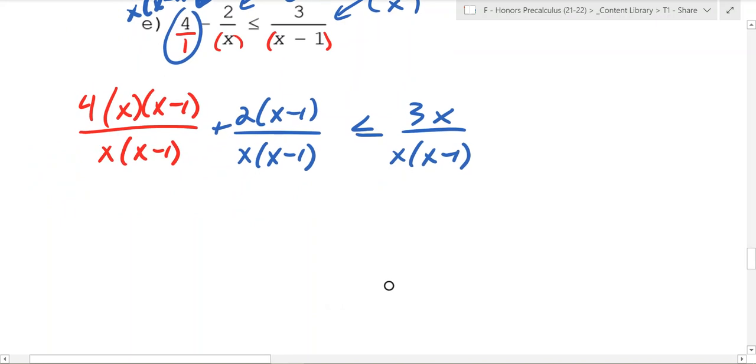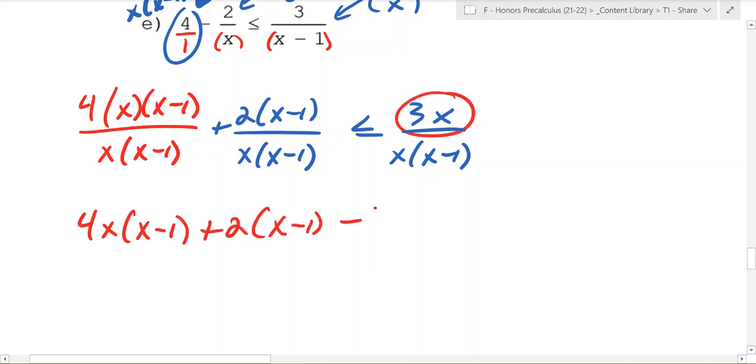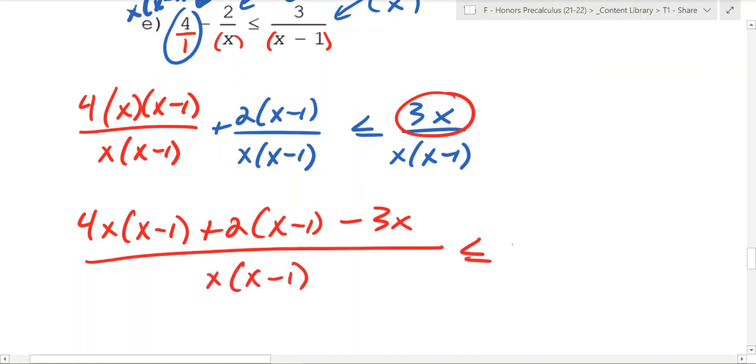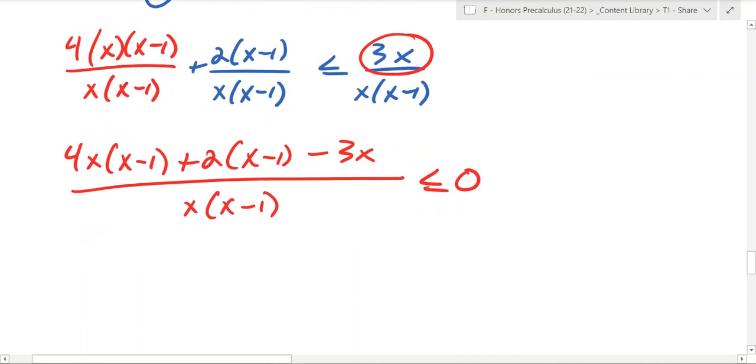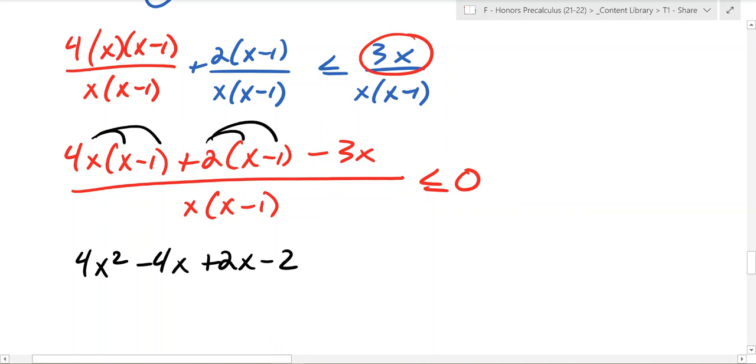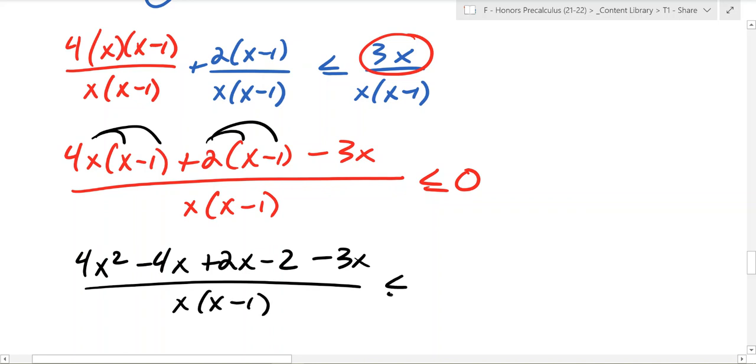We can put everything on the same side and combine. So what does that mean we end up having? 4 times x minus 1 plus 2 times x minus 1. We're subtracting that, minus 3x, over the same denominator, and now you're left with 0 right there. Now you need to simplify and then factor the numerator. When you do this out, you end up with 4x squared minus 4x plus 2x minus 2. That's all of this multiplication right there, minus 3x over the same denominator, less than or equal to